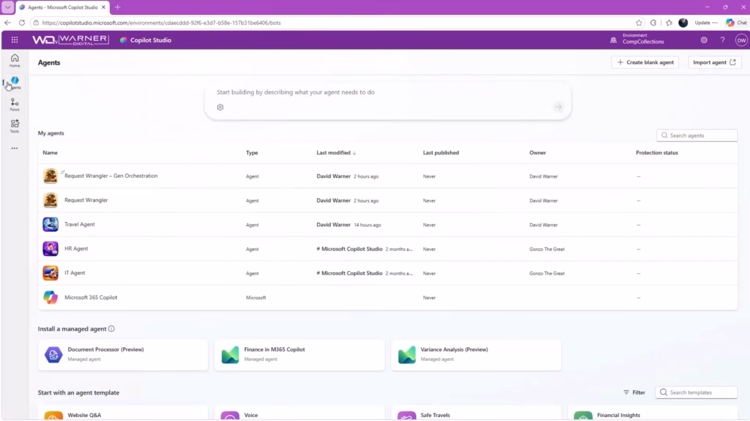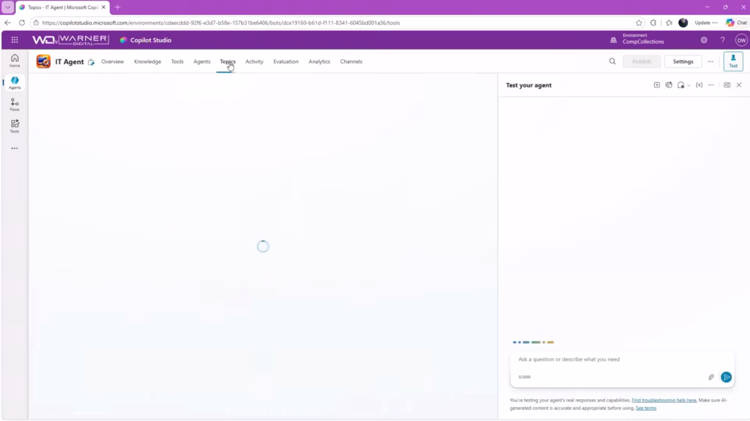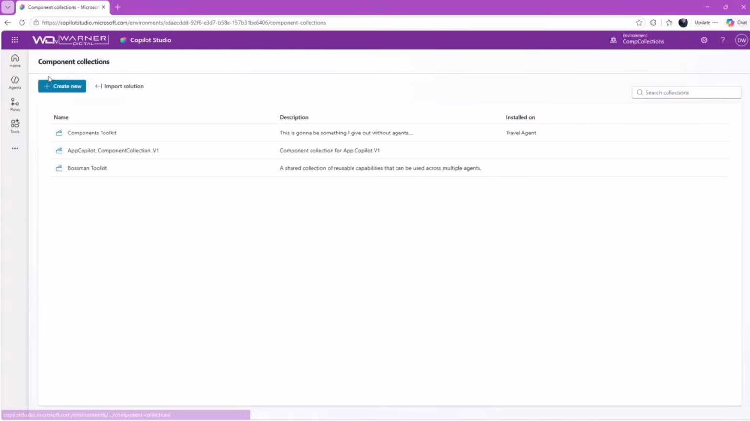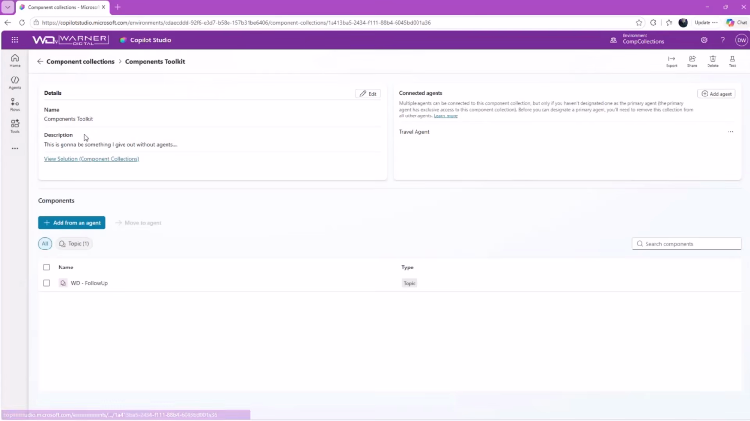So just to show that there's nothing hidden up that sleeve, I'm going to go to my IT agent. I'm going to go to topics. And we're going to see that there's no custom things going on here, right? I've just got the basic out-of-the-box topics. So when I go back to my component collection and I come into my Components Toolkit, I'm going to add